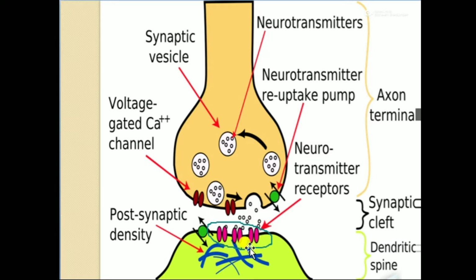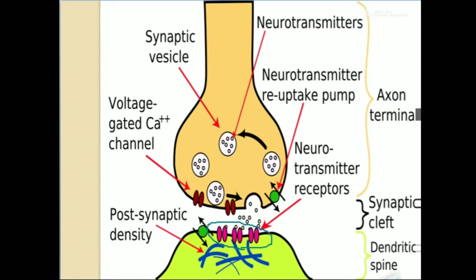This receptor receives the neurotransmitter after the fusion. When they are fused, they only have neurotransmitter; they don't have the vesicle. After fusion, the receptors present in the dendritic zone are able to bind with it and carry the information forward. Okay, we will know in detail step by step.